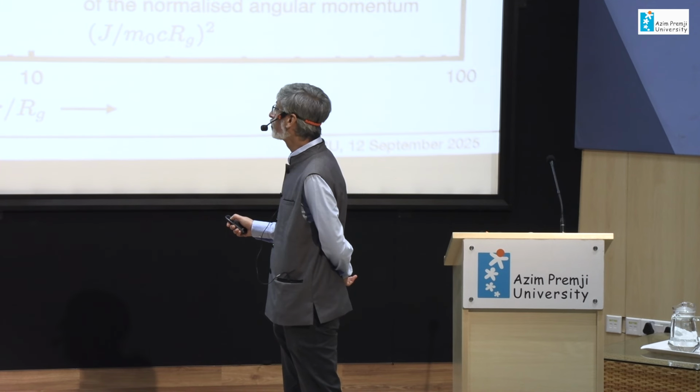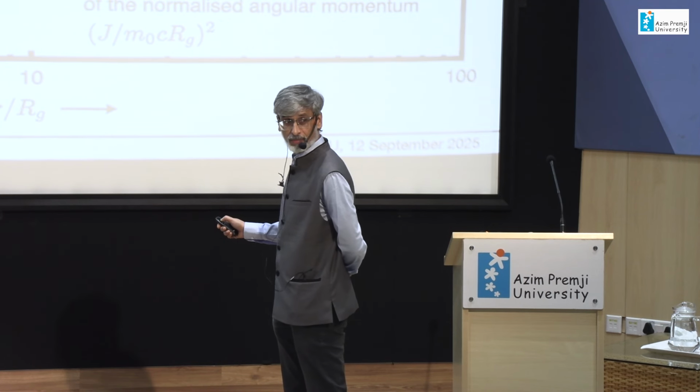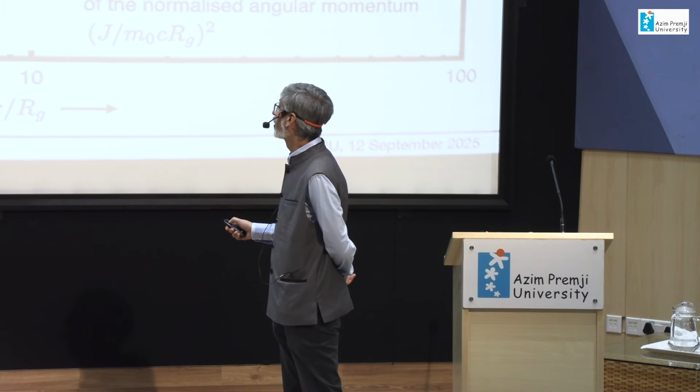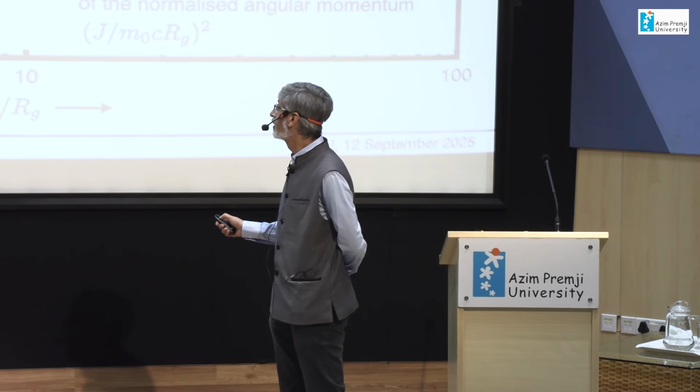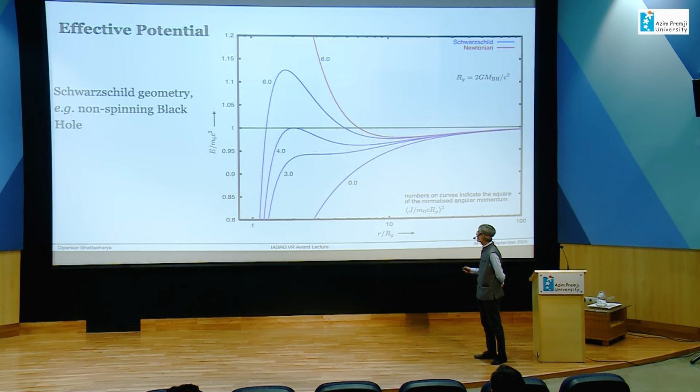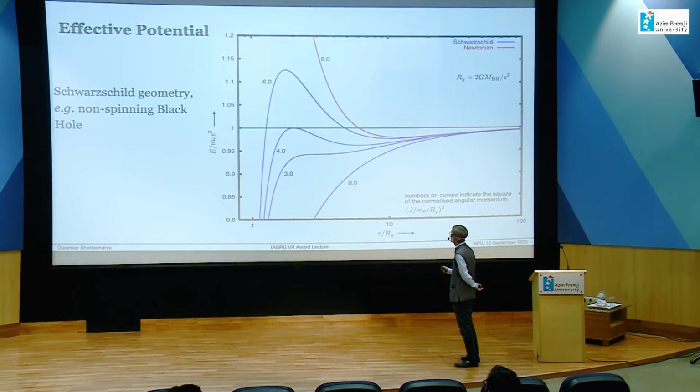Up to a certain angular momentum, you will still have bound orbits, right? But if the angular momentum goes below this, then just having a negative energy does not ensure that you will have a bound orbit. So, for example, if the energy happens to be between here and here, you actually don't have a bound orbit because you don't get two crossings.